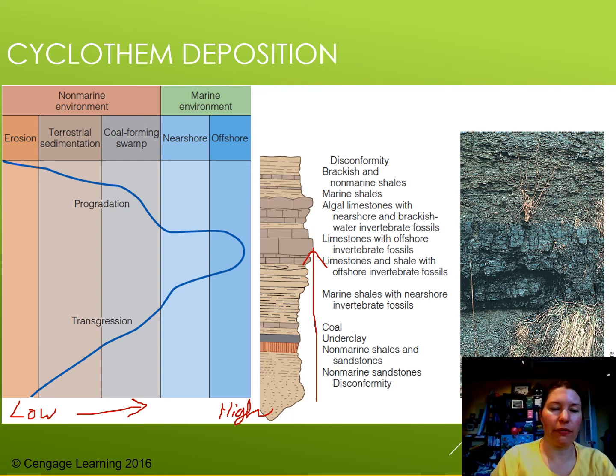So we go from a period of time where erosion would take place because our landmass was high and dry, to a period of sedimentation with rivers, finally a swamp right at the edge of the sea, and then near shore, and then finally offshore environments. And then we see the opposite happening, where we're getting more land and less sea as we have a marine regression, and we go from more offshore or marine environments to more and more terrestrial environments, to the point where we have an unconformity, in this case called a disconformity, where we have lots of erosion going on.